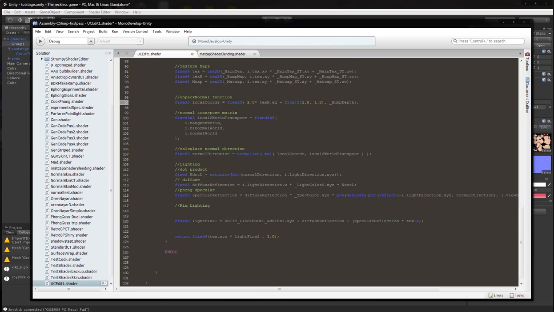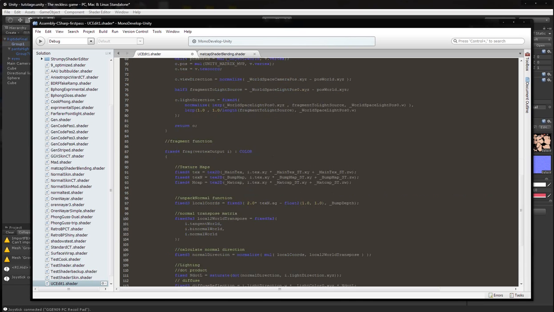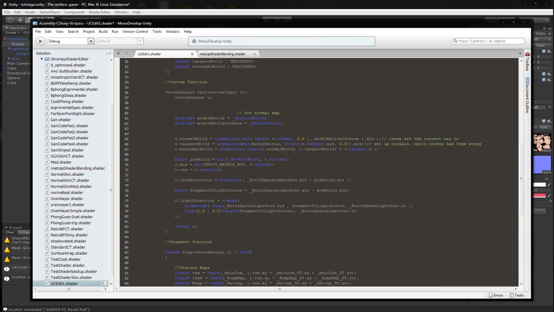So where do we want to put the matcap? We're not going to add it into the diffuse section, and we're not going to add it into the specular section. We're going to just add it down here. There you go. MCap times text, which is the main diffuse color, times the light final color. And as for what's going on up here,